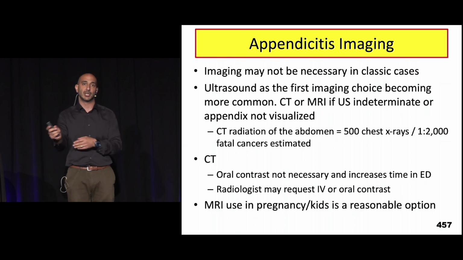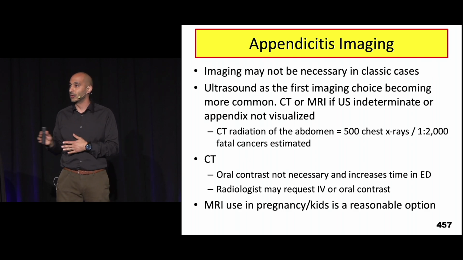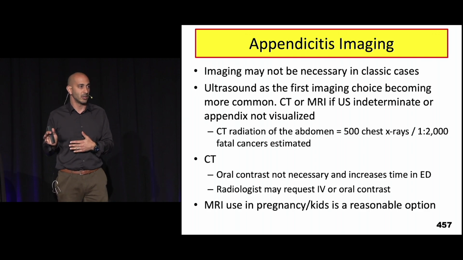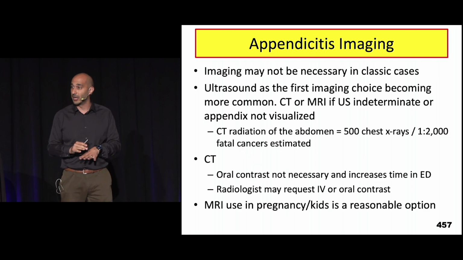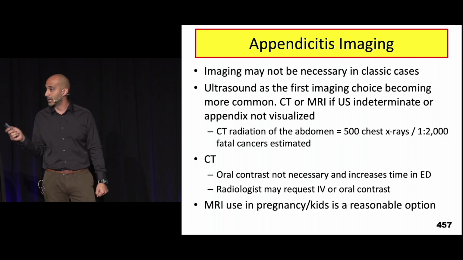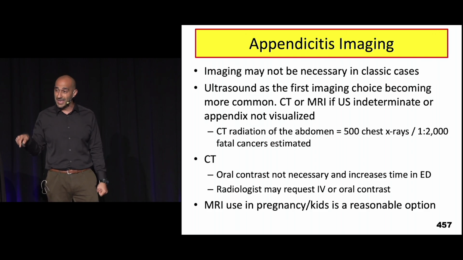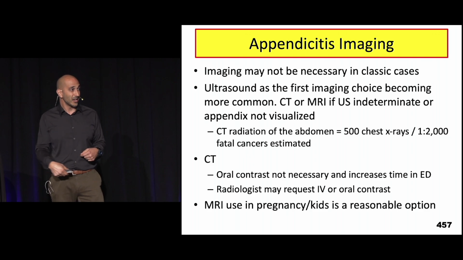So what are the imaging choices that we have for appendicitis? They're multiple, but more and more, especially in young children, we are moving toward ultrasound as a potential type of imaging. It's not the most sensitive. However, if it's positive, then it avoids you having to do all the other stuff. Think about a young kid. A, you don't want to give them a CT scan because that's a lot of radiation. B, getting a little kid into an MRI machine, man, that's not fun either. So if we can get them in for an ultrasound and pick up that appendicitis,